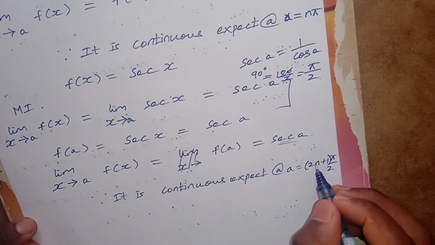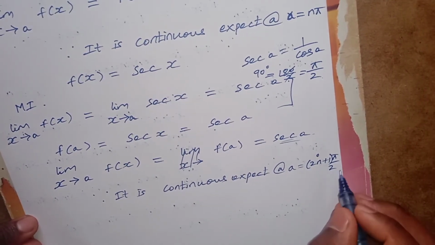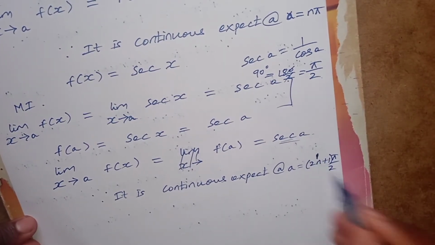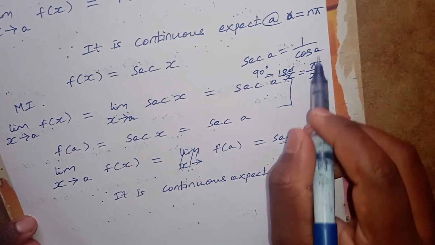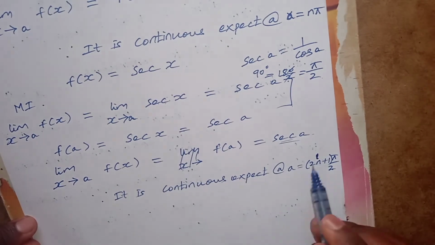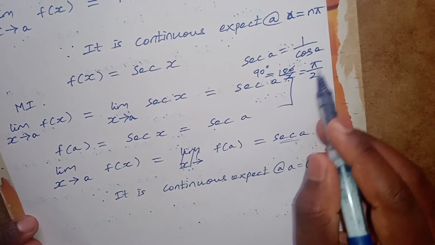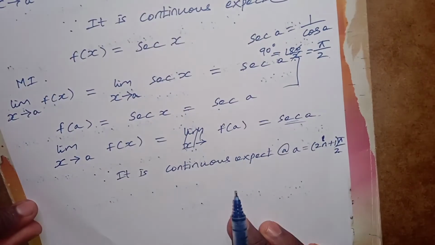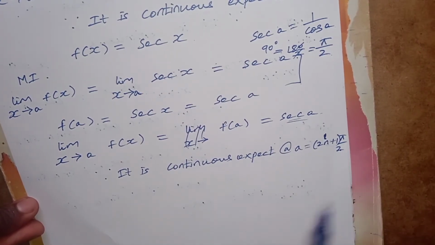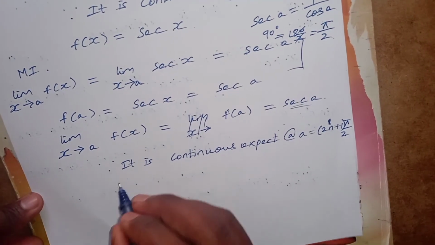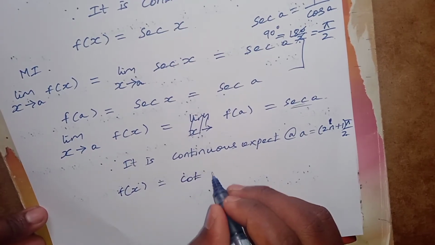Okay, because here if you take n as 0, 0 into anything is 0, 1, pi by 2, here it is 0. Next if I substitute 1, 2 ones are 2, 2 plus 1 is 3, 3 pi by 2, here it is 0. Okay, for odd multiples, here it is 0. Okay, pi by 2, 3 pi by 2, 5 pi by 2, 7 pi by 2, here cos is 0. Therefore, except at a is equal to 2n plus 1 pi by 2, here it is continuous. Similarly, for f of x is equal to cot x.